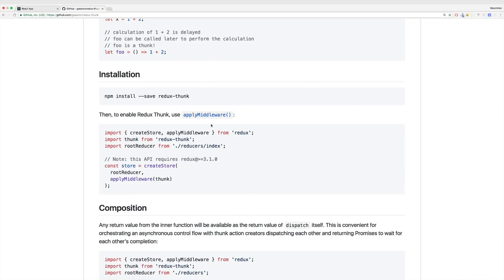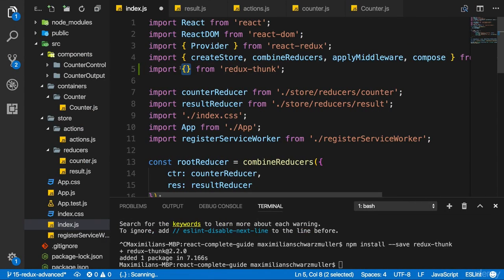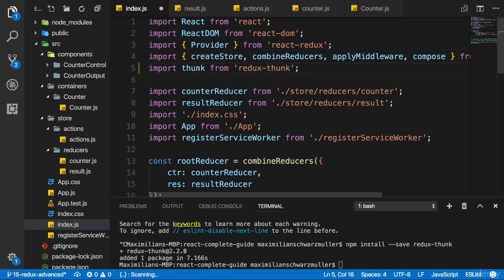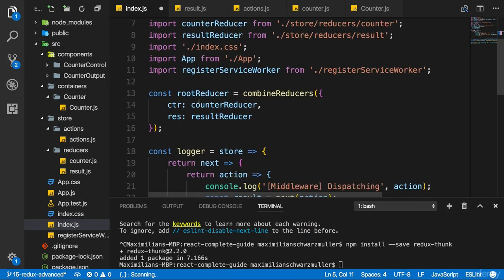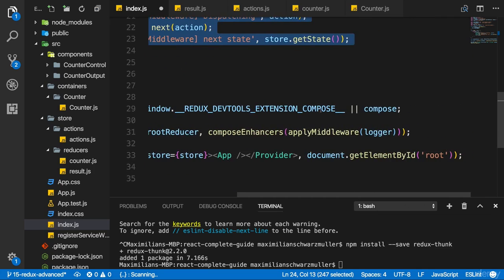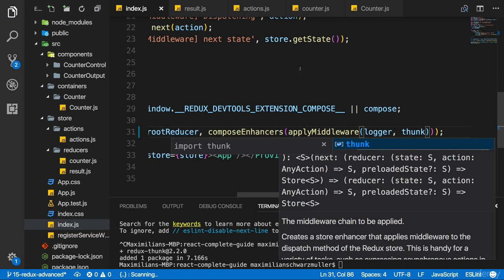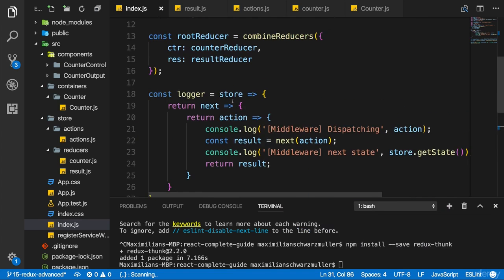And that something can be found on their page. They actually have a default export, so we don't need curly braces. We can give it any name we want. I'll stick to thunk, but you can rename this to whatever you want. This package essentially just exports the middleware. Now this already is a middleware, so behind the scenes, it'll look like our custom middleware, a couple of nested function calls, and therefore we can add it. Now here in apply middleware, I'll add it after the logger, thunk. So that function we just imported, to be precise. So this is the middleware added.